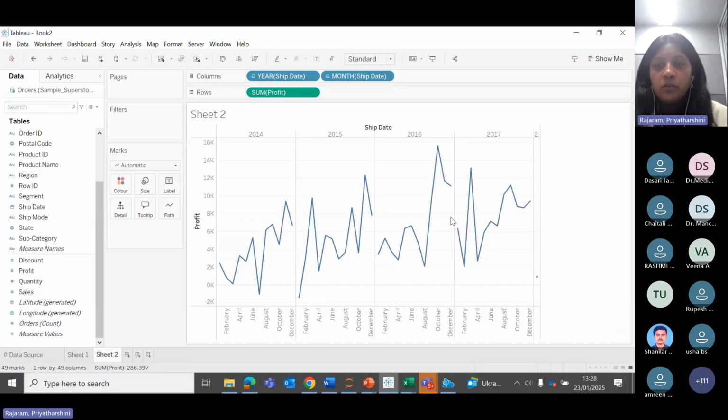So this is one good. Likewise, you can do a visualization kind of that. So this is how you can move on. You can create your basic visualization like this. Okay, so